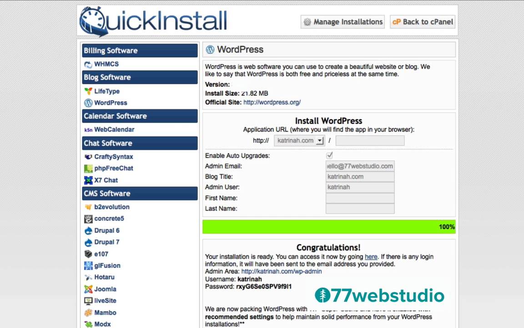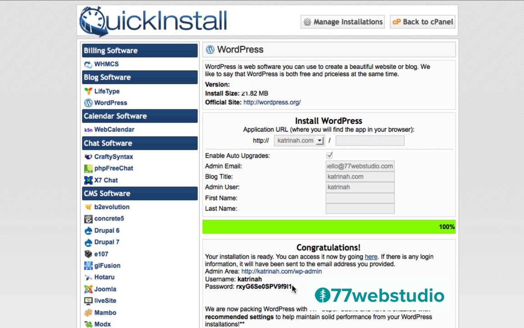Okay, congratulations, your installation is ready. You can access the installation of your new website by clicking on this link here. Also note that here is the admin area login URL that you'll use in the future to access the login panel. To access your website in the future, you want to make a note of this link here. It's usually your domain name followed by wp-admin. So that's an important link to remember as well, so that going forward you can easily log into your WordPress website. Also make a note of your username and password. This is what you will also need, of course, to log into your website when you click on this link.